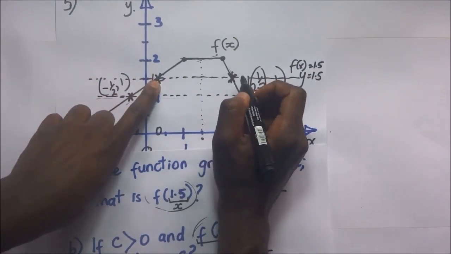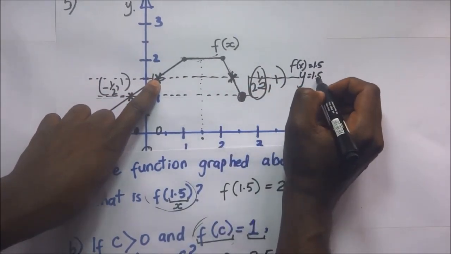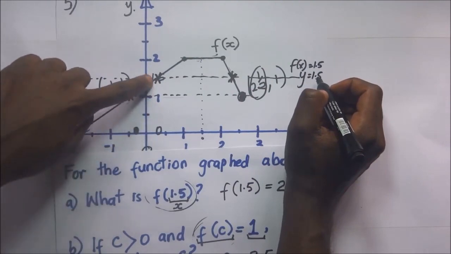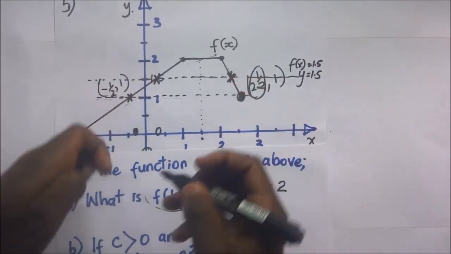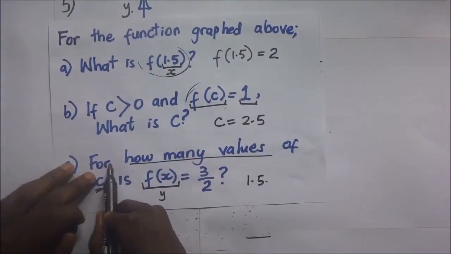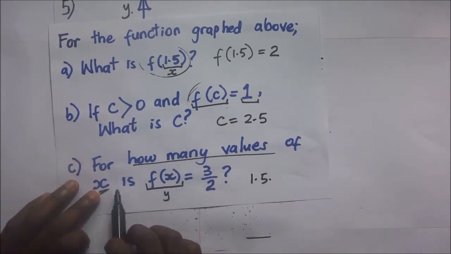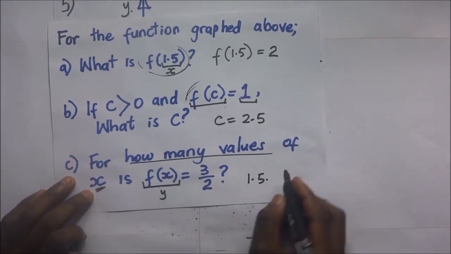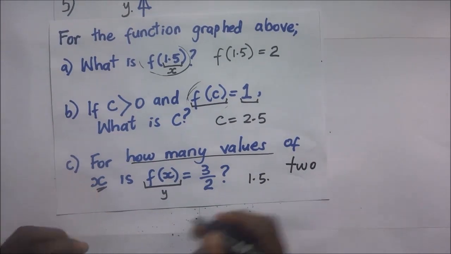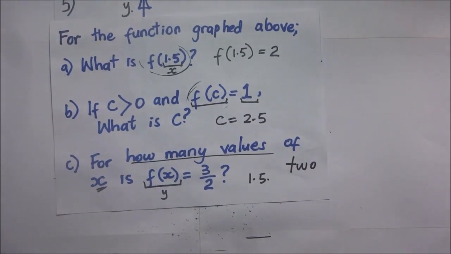So what does that mean? It means that when our value of y is 1.5, there are two possible values of x. This value and that value. So the answer to this question, for how many values of x is f of x equal to 3 over 2, the values are 2. And that brings us to the end of this